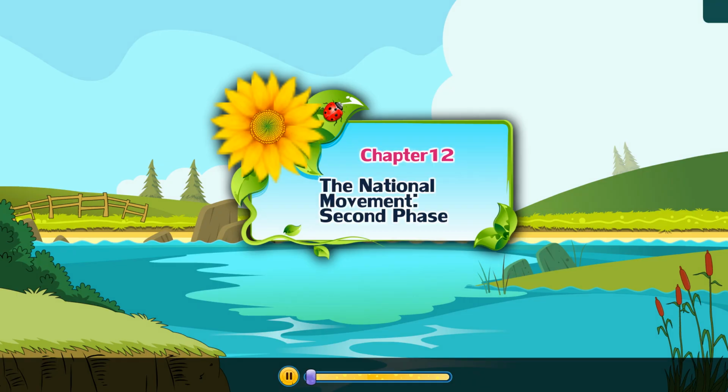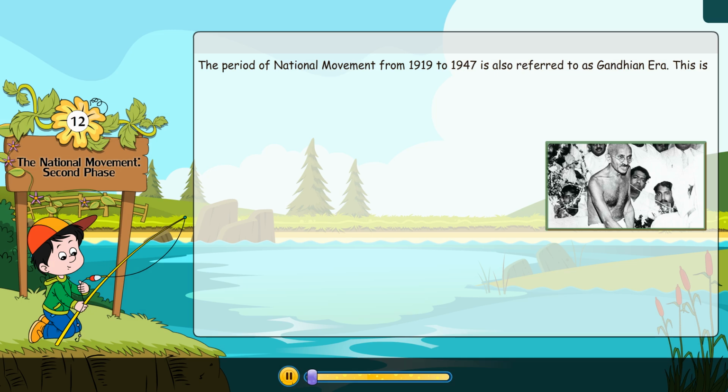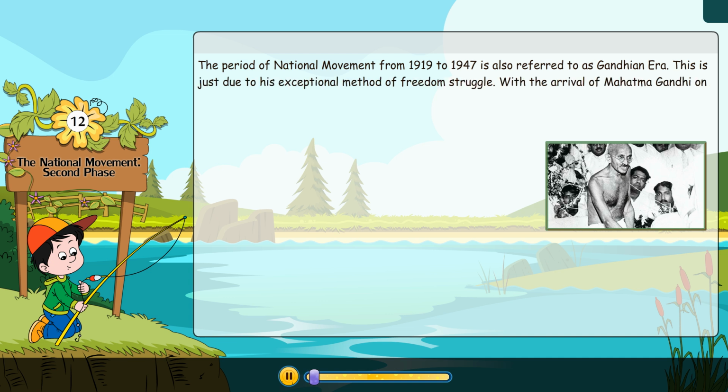Chapter 12: The National Movement, Second Phase. The period of national movement from 1919 to 1947 is also referred to as the Gandhian era. This is just due to his exceptional method of freedom struggle. With the arrival of Mahatma Gandhi on the political horizon of India, the national movement became still stronger and more